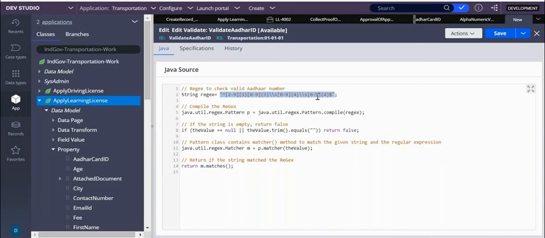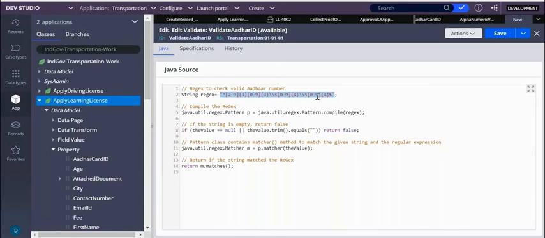In the same way, you can do PAN card also. In PAN card we have only 10 characters without space, and you can do that validation also.